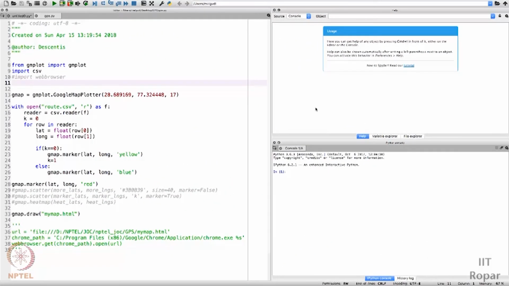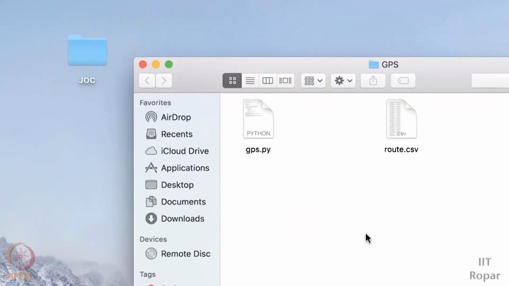Hi guys, in this video we will see, given a set of routes, how we can plot the route on Google Maps. For this we are going to use two libraries: gmplot and the CSV library. What exactly do you have to do, what's the problem? Let me explain.